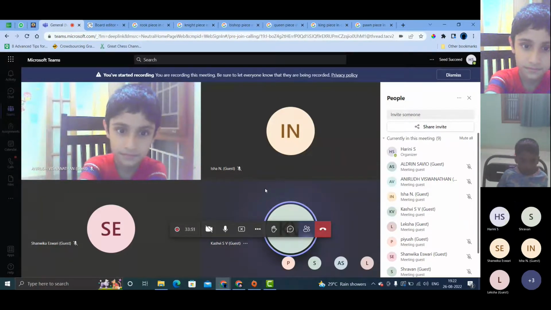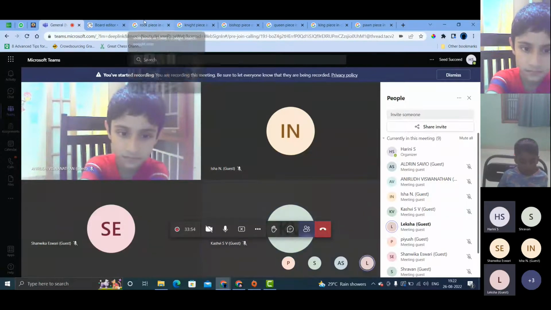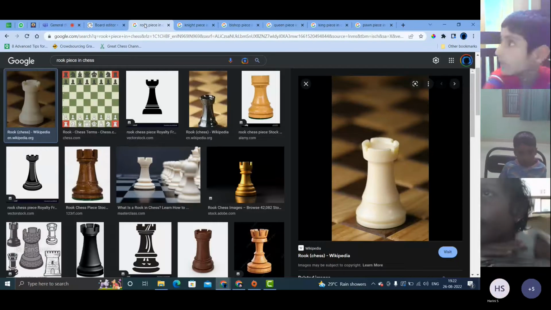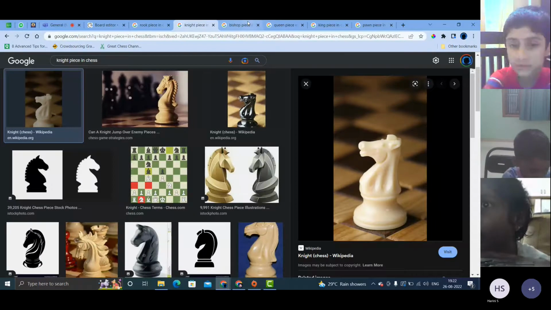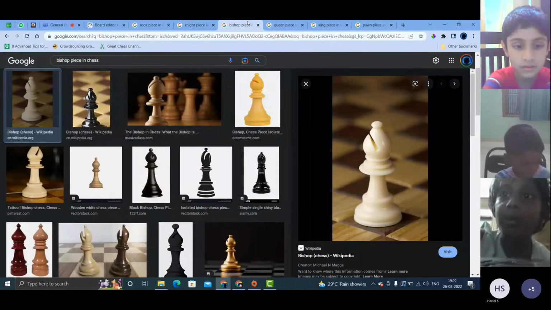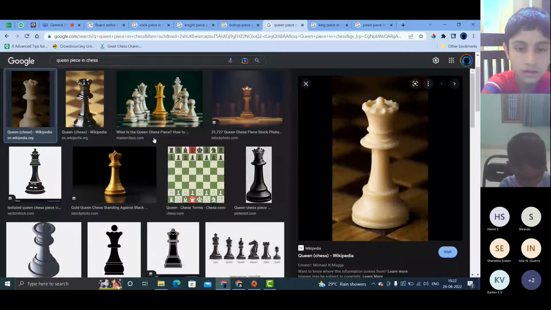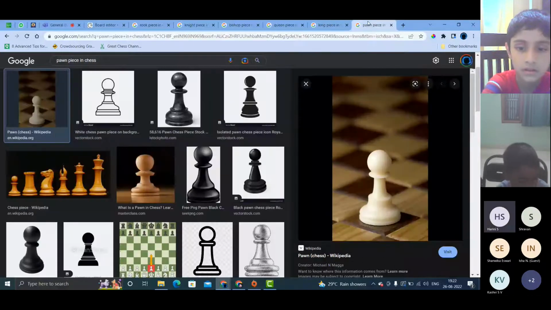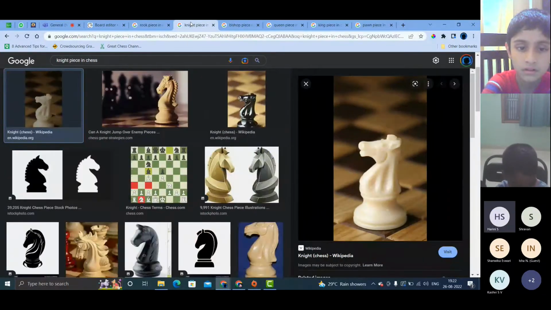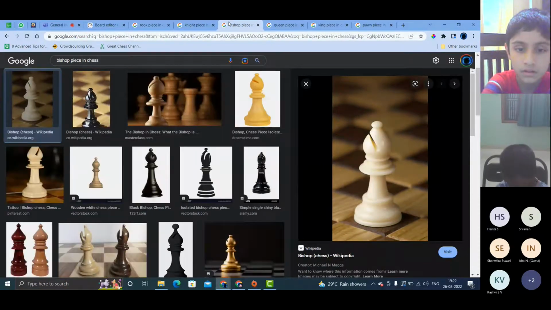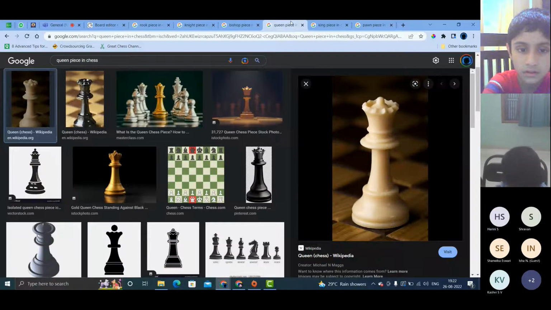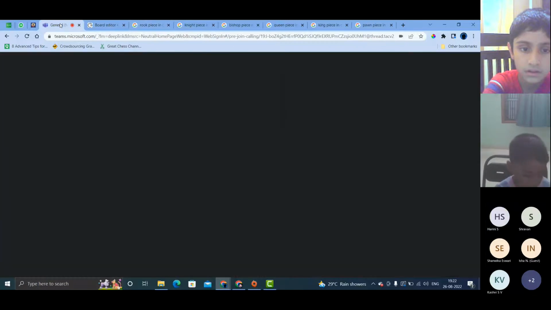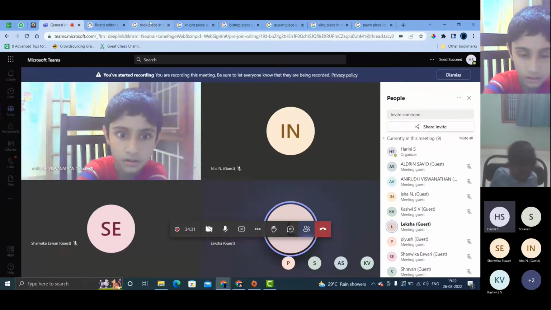Leksha. Rook. Yes, ma'am. Okay, repeat after me as you are seeing these pieces. Rook, knight, bishop, queen, king, pawn. Do it again. Rook, knight, bishop, queen, king, pawn. Next, Piyush. Rook,